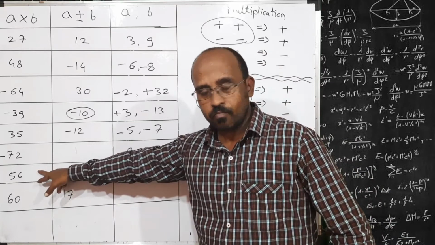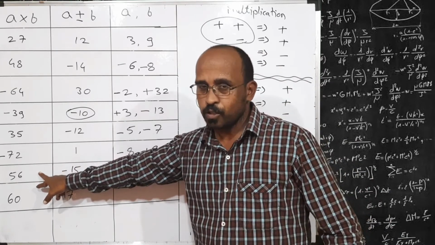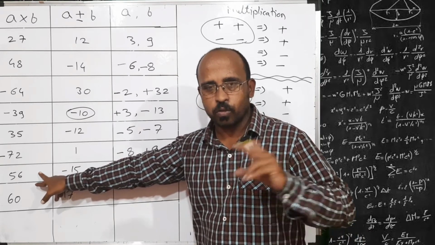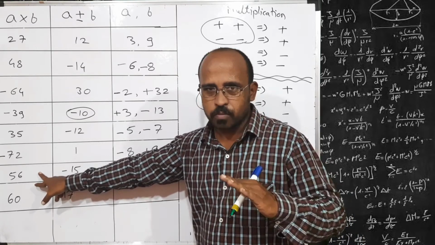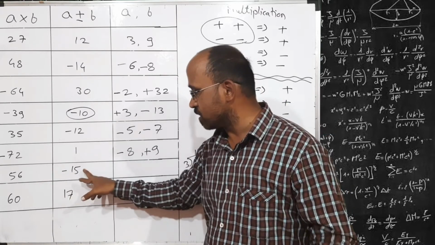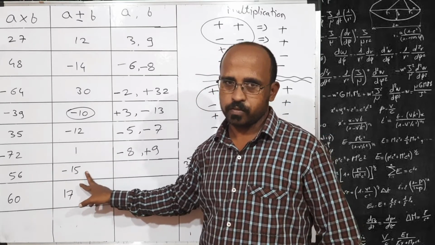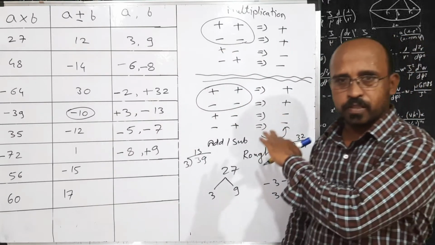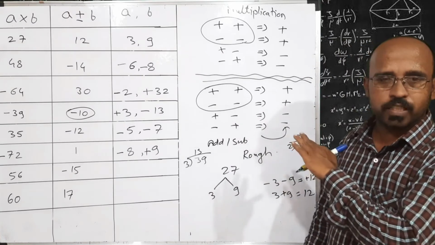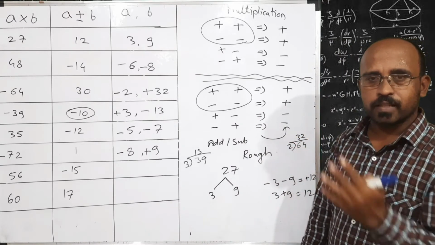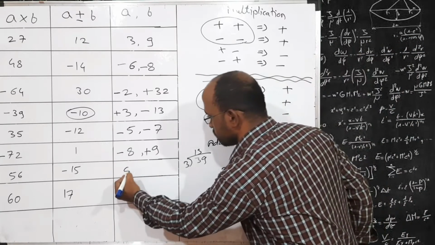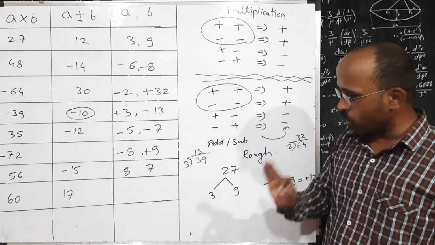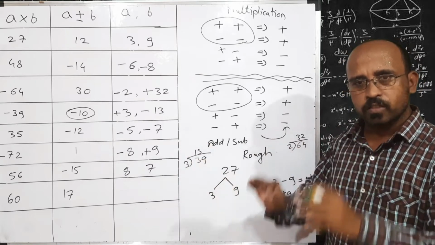56, plus or minus plus. So its factors will have the same symbol. Both will be either positive or negative, the same symbol, since we have to do their addition. Their addition is equal to 15. Such factors are numbers whose multiplication is 56 and addition is 15. 8 7 is 56, and the addition is 8 plus 7, 15. Both will have the same symbol, either plus or minus.